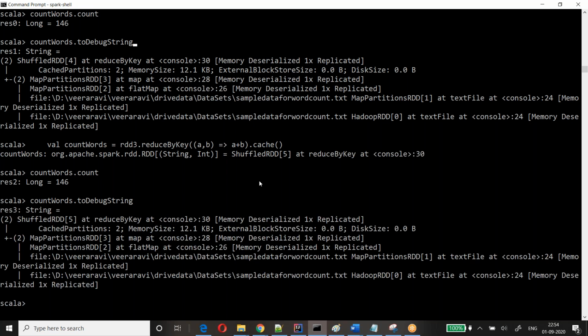Persist, if you don't pass any storage level, by default stores into memory only.